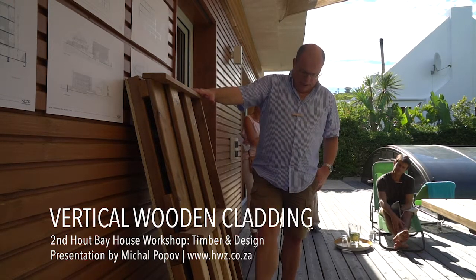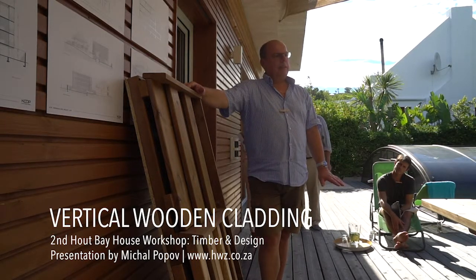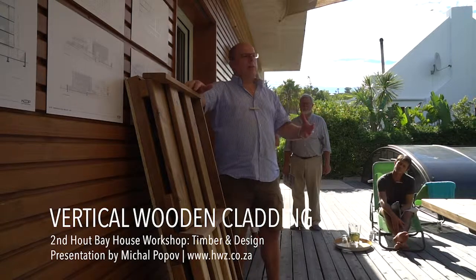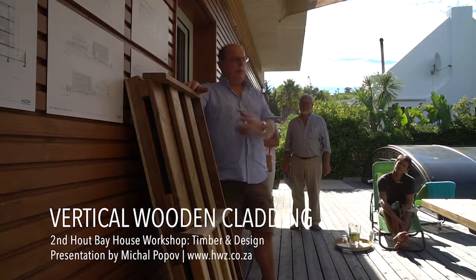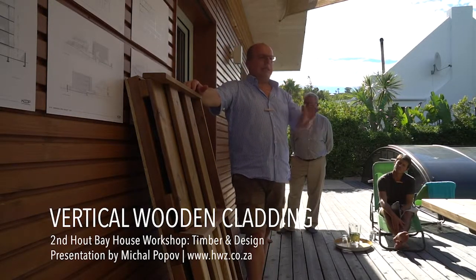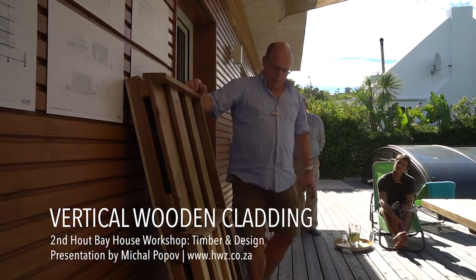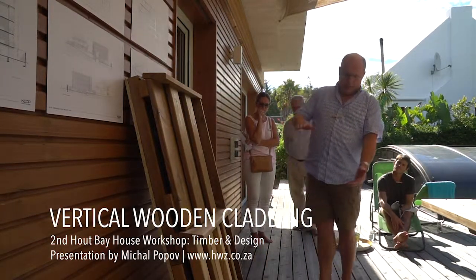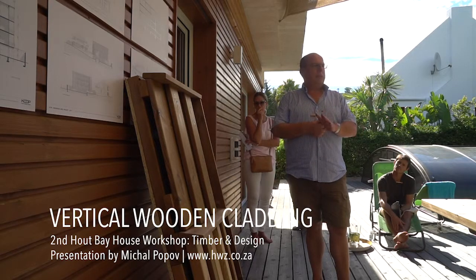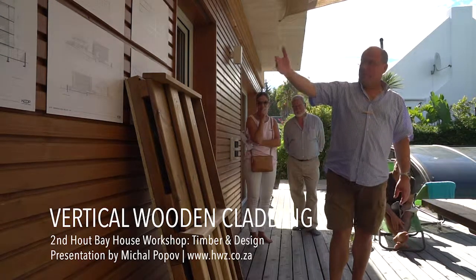This piece I put just to not forget that we should never end with a wooden facade on the ground. We should always have, we say, 30, 40, the more the better centimeters, to avoid the water which drops on the ground spraying back on the facade, giving this lower part of the facade a double portion, which doesn't look nice. It will make the weathering process of the bottom part much faster. So if your design can accept it, try to make half a meter, 60 centimeters or whatever of a cement fiber board, or it's very up to your design. It even can be just a horizontal profile like that,